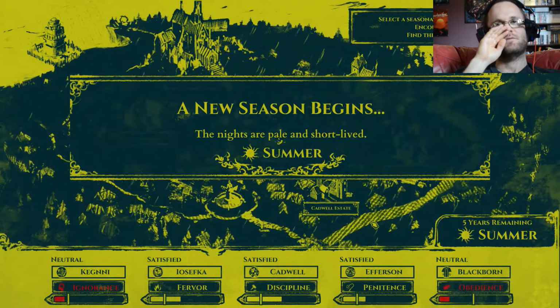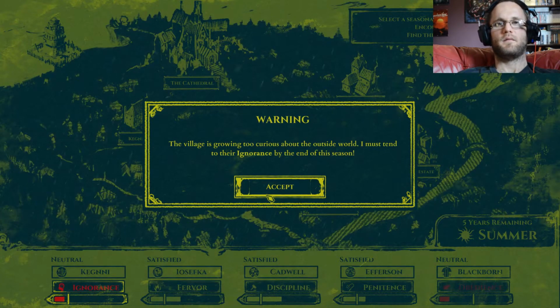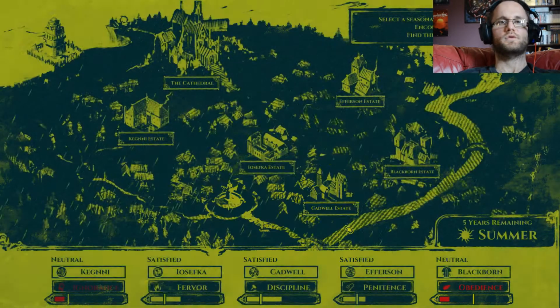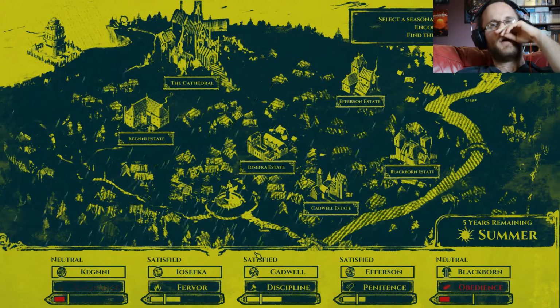See now. Villagers growing too curious about the outside world. I must tend to their ignorance by the end of the season. Criminals and rebels talk openly of rebellion. I must enforce obedience by the end of... Oh, shit. I'm down on 2. That's not good. Right, so...